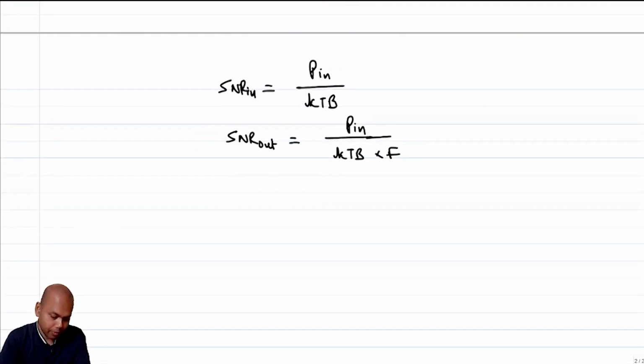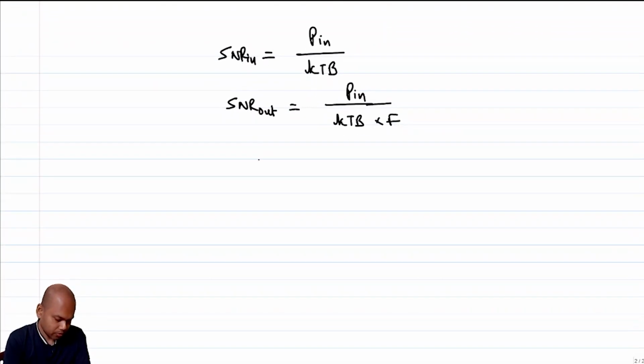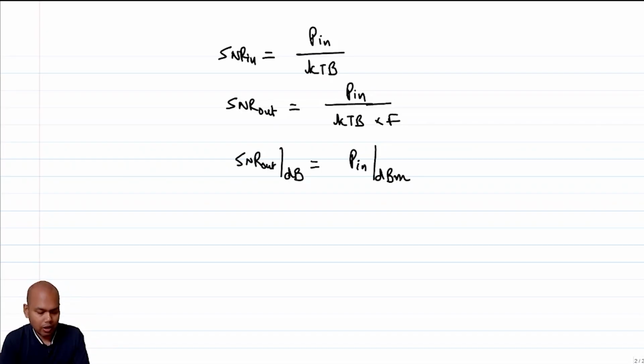If I go in dB scale, then I can say that SNR out in dB is P in in dBm, right. So if P in and kTB both are in dBm, then I can essentially use the same unit, right. So this is minus